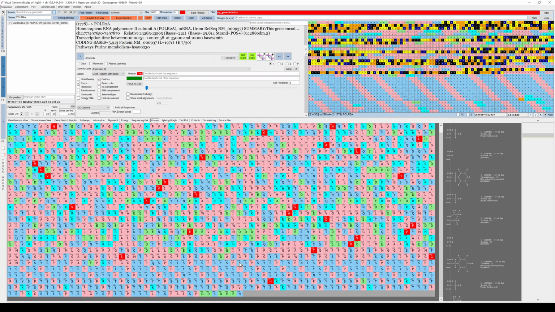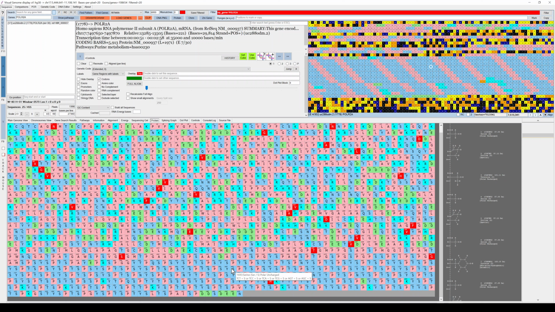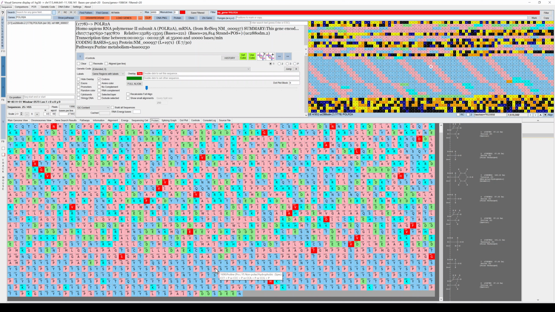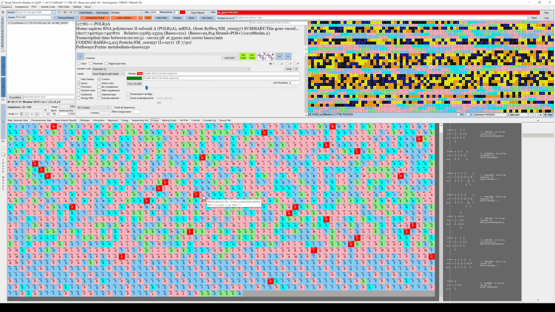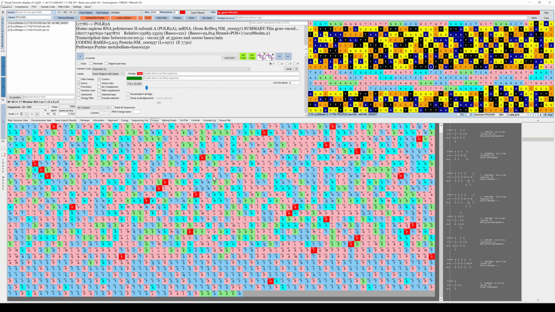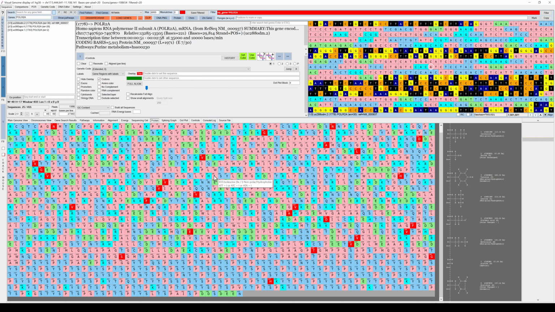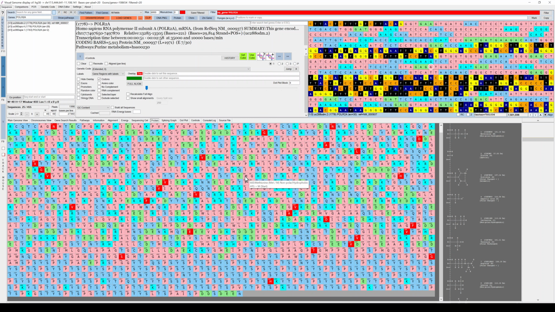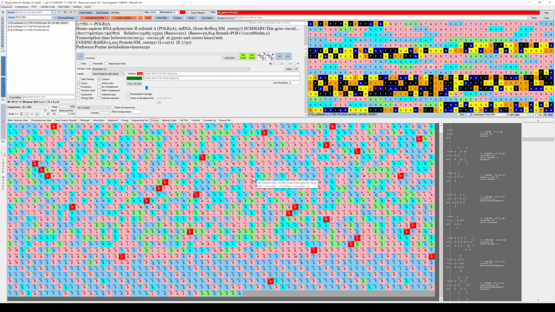If you hover over any of these, then it highlights the exact position of that amino acid in the zoomed DNA view at the top. So you could see, if you navigate here to this hydrophobic one, it's going to highlight that hydrophobic one in the zoomed DNA view. This allows you to see exactly which DNA is coding for each specific amino acid.